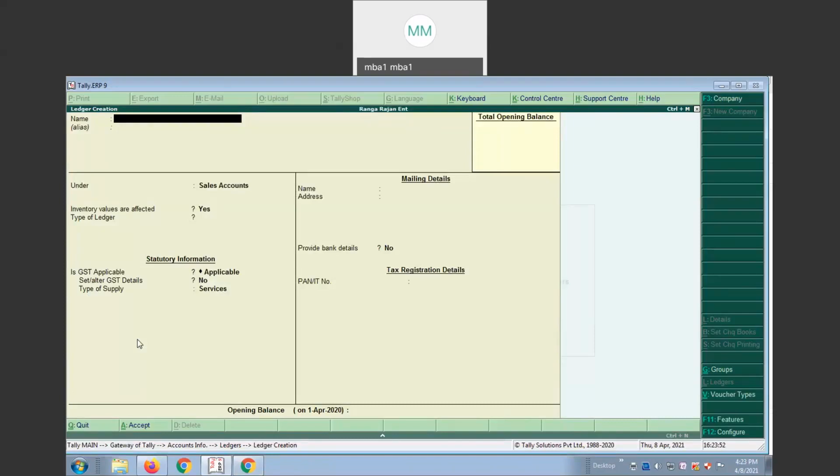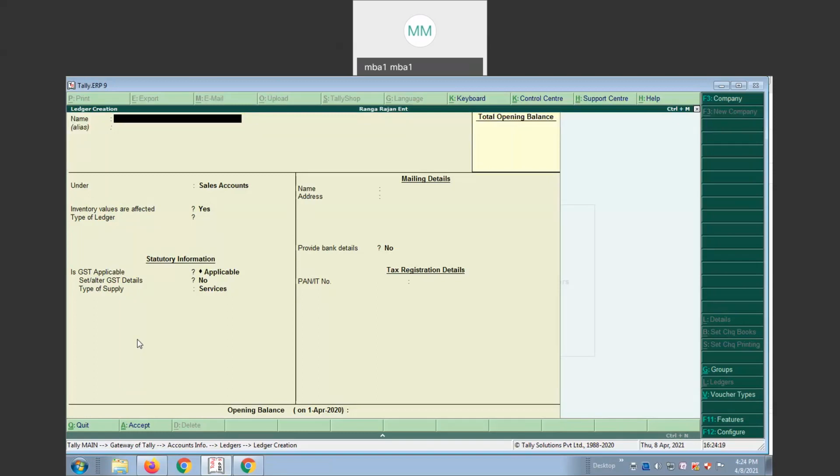Suppose the purchase firm is located in Hyderabad and is purchasing in the same state and selling to different states, or purchasing from a different state and selling in the same state. In that case, you need to create IGST. Now purchase and sales take place in the same state, so no need to create IGST. You need to create only two GSTs.